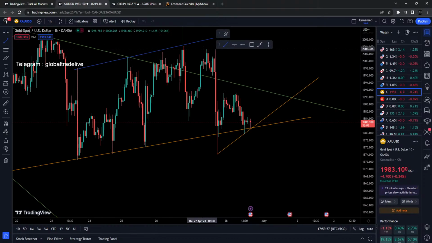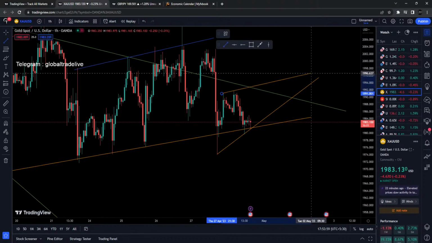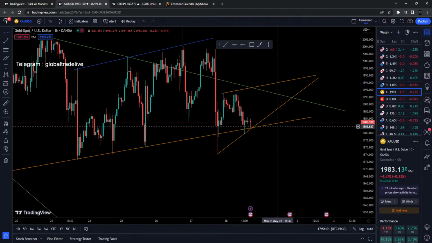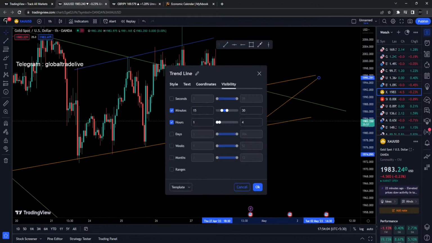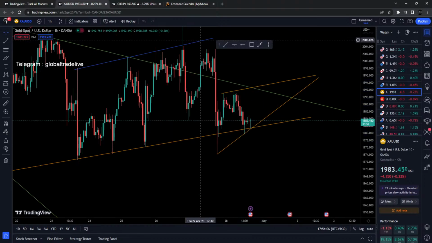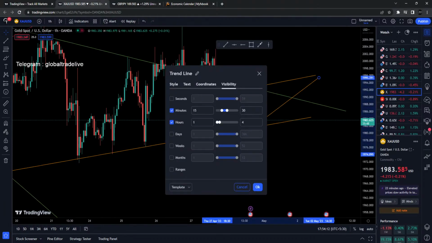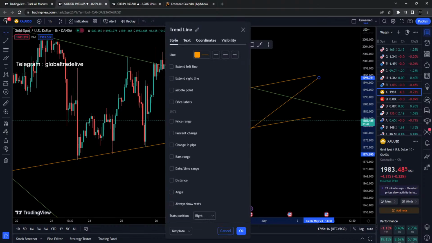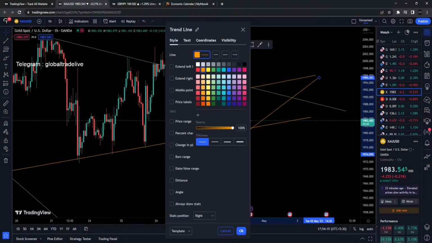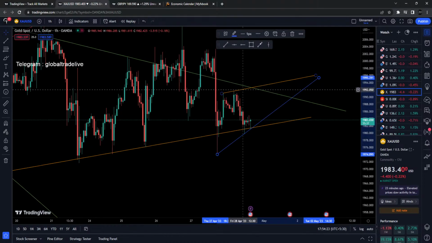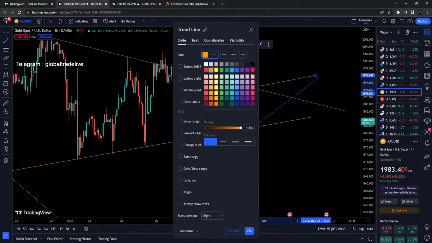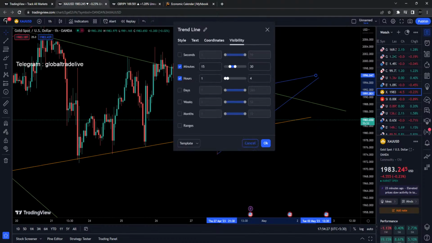And if I draw this one as well, yeah, this might be another one. So we don't need this one actually. Right now the market is over here, so let's focus on this one only. This is 1 hour. I want the trend lines to be visible in the 1 hour, and I'm going to give it a blue color. Yeah, blue 1 hour.